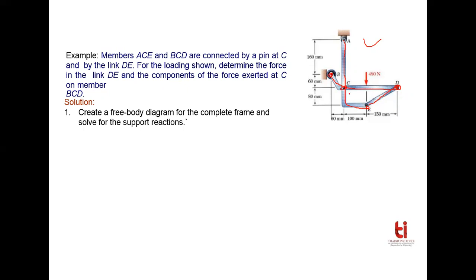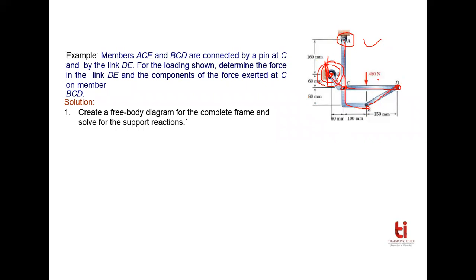So these are 4 pin joints, and then there is a roller support over here. You can consider this whole support as a roller support. There is no need to consider this joint separately as a pin joint. Obviously there is some pin, but we can consider this whole as a roller support, right? And this point A is denoting a pin or hinge joint. So I hope you have understood this system.